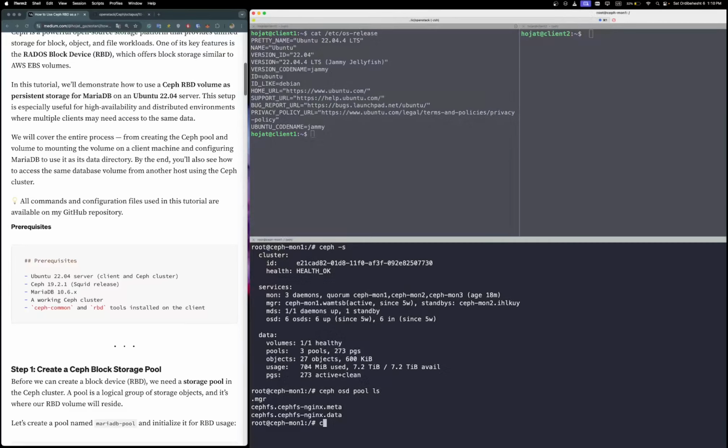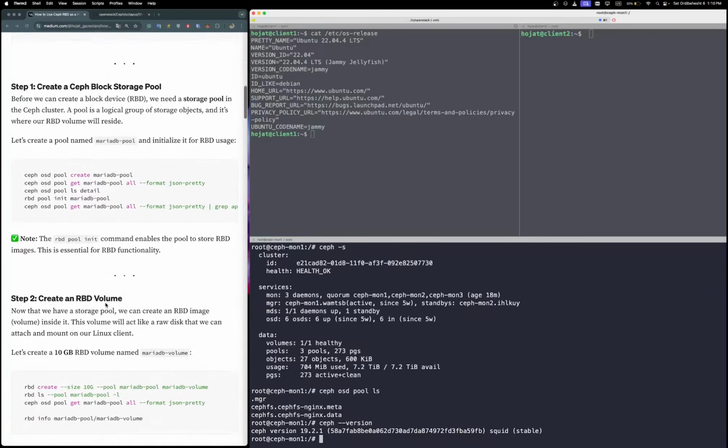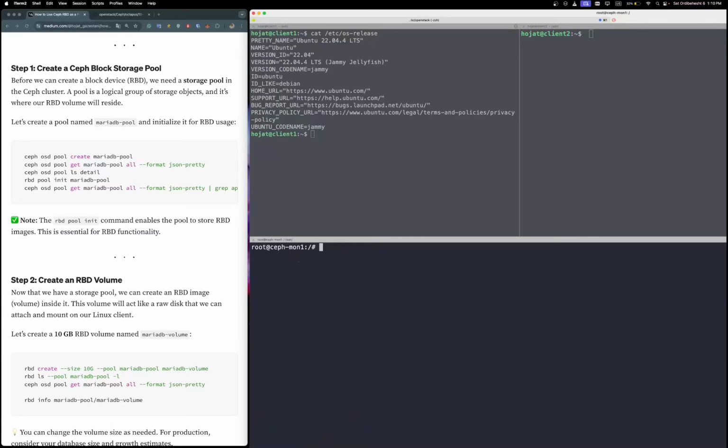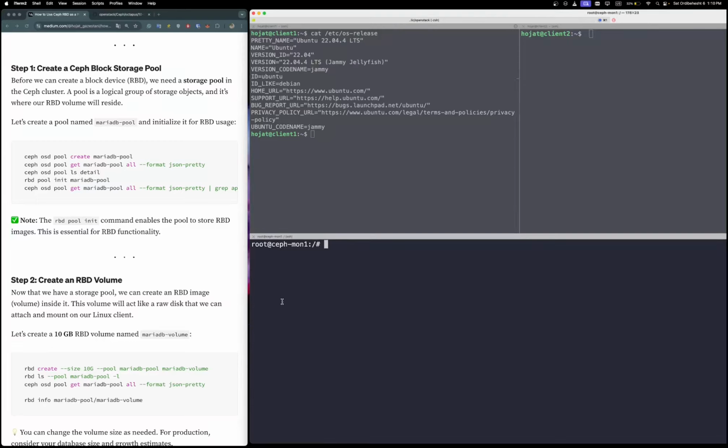My Ceph version is 19.2.1. Okay, let's go and create the pool and use it. The pool has been created, and